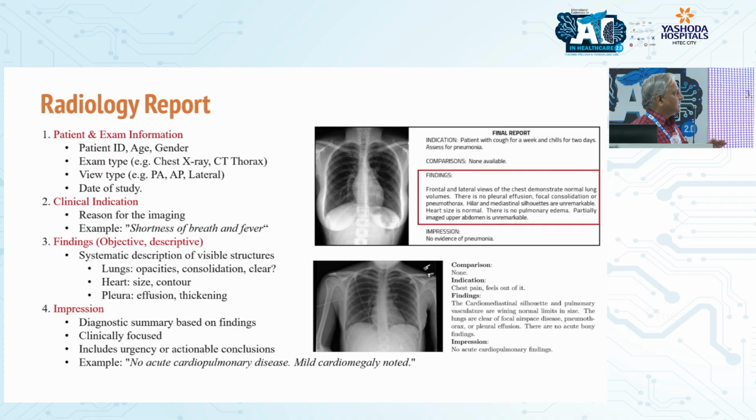What happens now is that you have the image, you have the information, and in the modern versions you also have bounding boxes that tell you the location. If you say the heart size is big, where is it? Those bounding boxes are available. If you have this kind of annotated data, it is possible to train such vision language models. And of course, if you give reasoning traces, it will also learn that. That is the current state of the art.